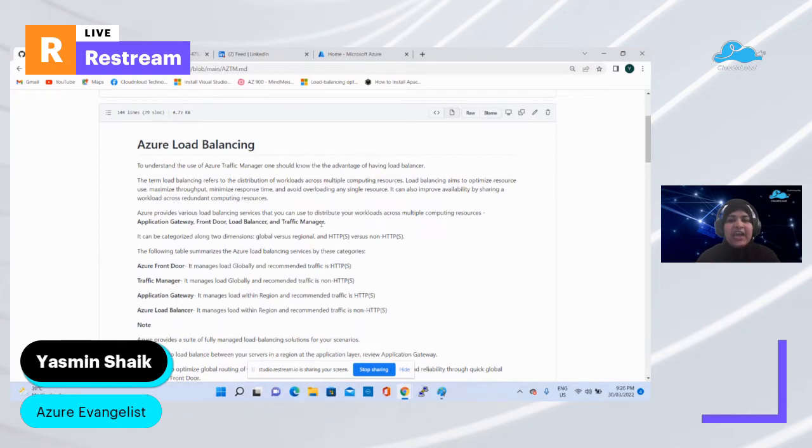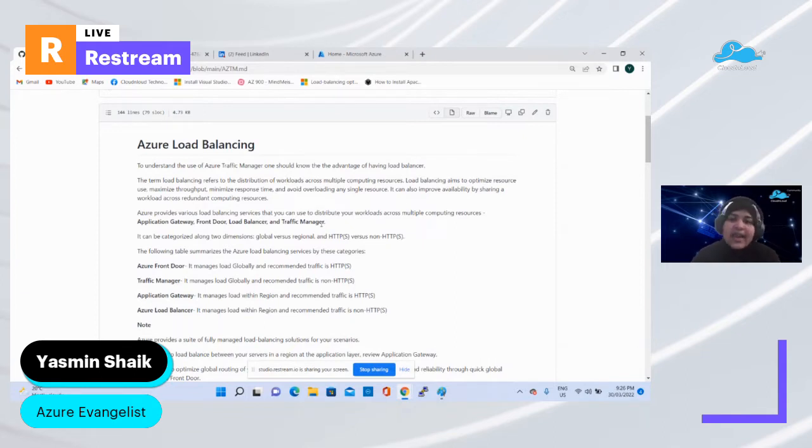If you don't have any load balancing techniques in place, then whatever traffic is coming might hit one resource, and it might cause that resource to be overloaded and it may go down, right? Which indirectly affects your customers' experience. So we need Azure load balancing for distributing our workloads in a proper way,